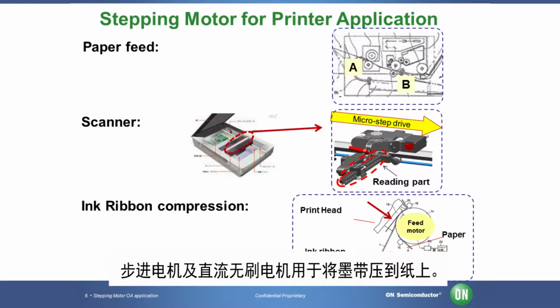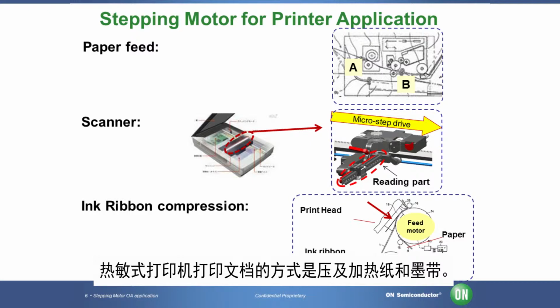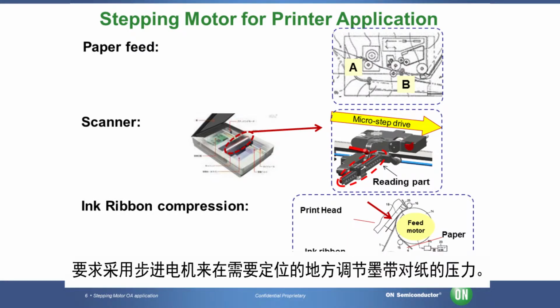A stepper motor and DC brushed motor are used to compress the ink ribbon to paper. The thermal printer prints the documents by compressing and heating the paper and ink ribbon. A stepper motor is also required to adjust the pressure of the ink ribbon on the paper where positioning is necessary. In desktop scanners, etc., designers select a motor control for positioning function, low vibration, and a wider range of